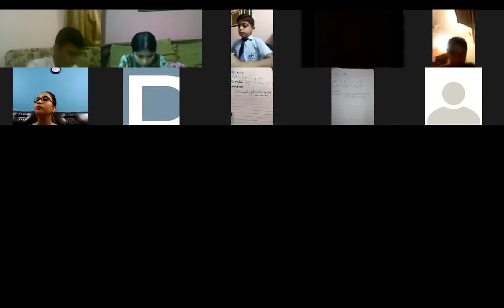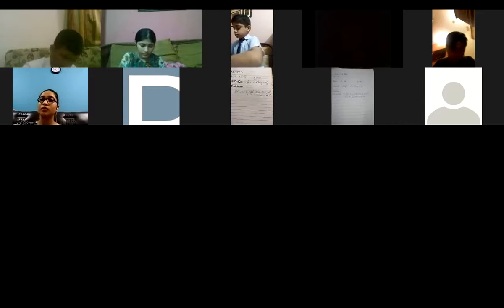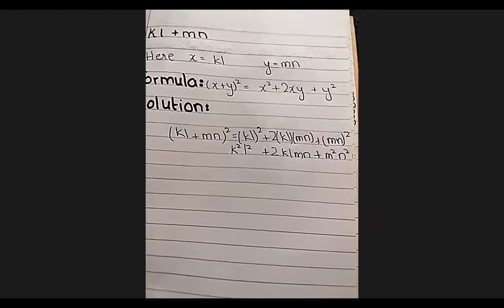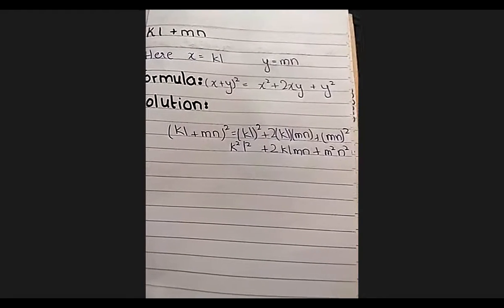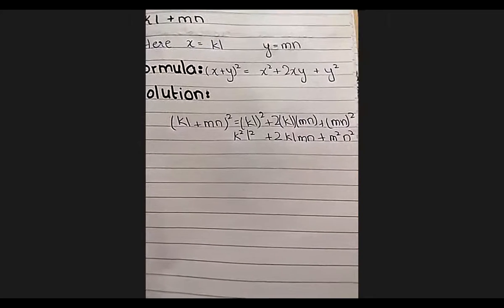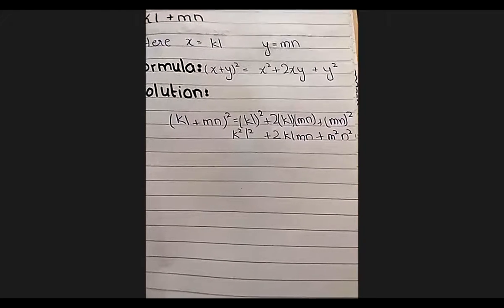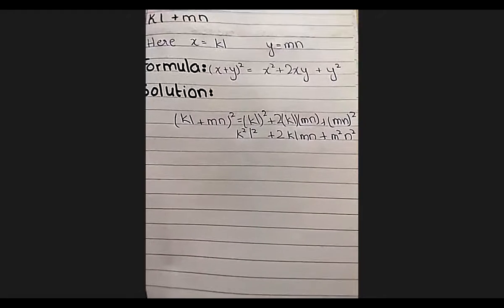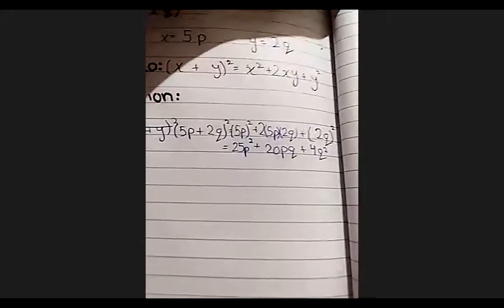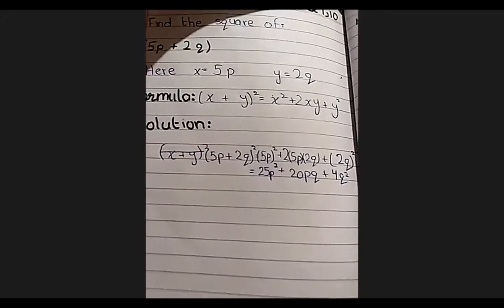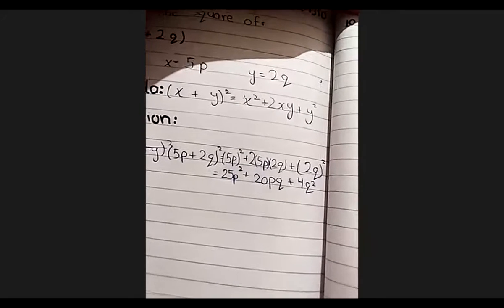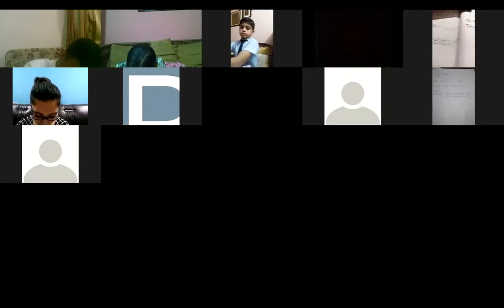Okay, so next copy is of Manahil. Ali, just make the correction, just look at the copy of Manahil. Manahil's copy is there on the screen. Ali, your formula is x plus y whole square. So we get x square plus 2xy plus y square. In the solution, all the terms contain the plus sign. Manahil, only the equal sign is missing in the last step. Otherwise, it's perfect. Shabash, beti. Show me the second last question. That's great. 25p square plus 20pq plus 4q square. Very good. Ali, is this clear or not?